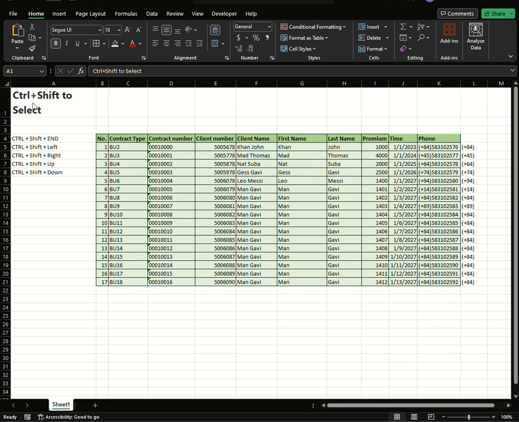Ctrl+Shift to select. There are much faster ways to select a dataset than using the mouse and dragging the cursor, especially in a spreadsheet that could contain hundreds of thousands of rows or columns. Click in the first cell you want to select and hold down Ctrl+Shift, then hit either the down arrow to